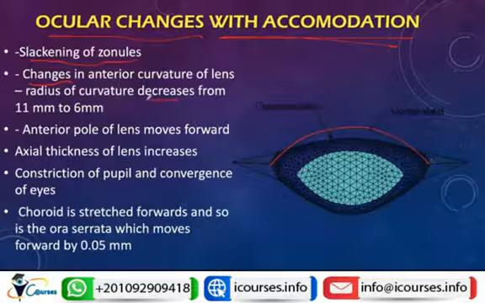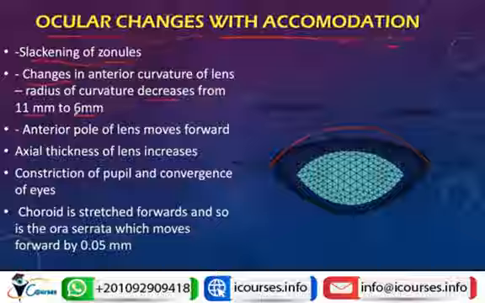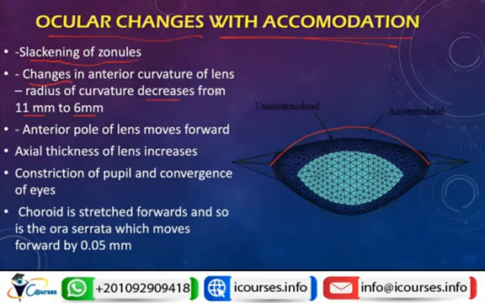So the radius of curvature decreases from 11 millimeter to 6 millimeter, as the radius of curvature is inversely proportionate to the surface curvature. So the more the surface curvature, the less the radius of curvature. The anterior pole of the lens will move forward, and there will be an increase in the axial thickness of the lens. There will be constriction of the pupil as a part of the near reflex,